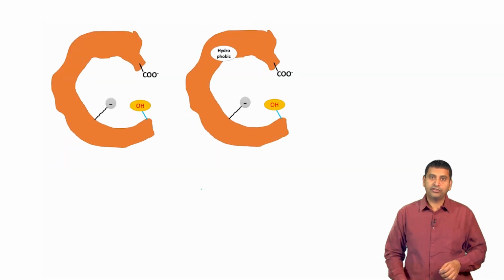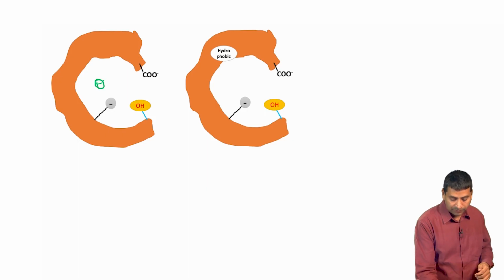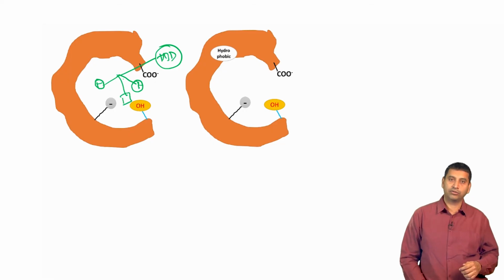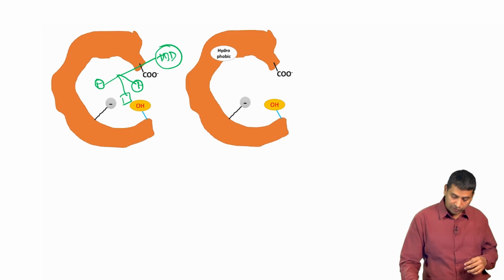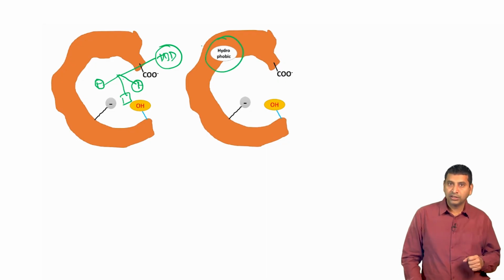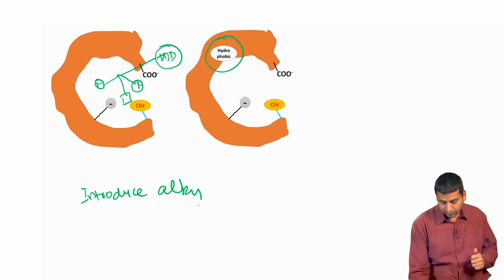So, if you want to revise the design, let us draw out again the molecule that we are looking at. So, maybe we will have a positively charged species here, and then there is going to be another positively charged species or a hydrogen bond donor over here, and then there is going to be a molecule that is going to do hydrogen bond interaction with the hydroxyl group. So, let us say we come up with this type of a molecule. Once we discover this extra hydrophobic group, then the logic that we would follow is to introduce alkyl groups.